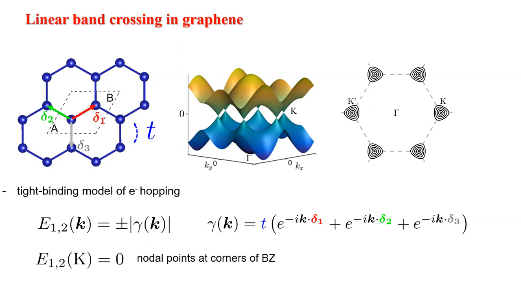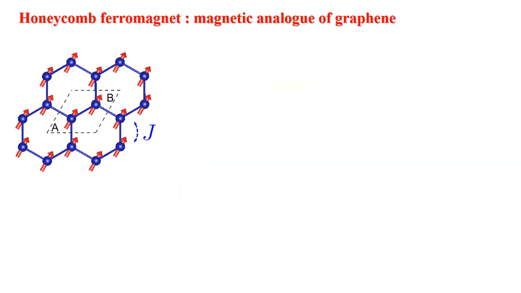The important result here is that the complex bands touch at the K point at the corner of the zone. So, analogous